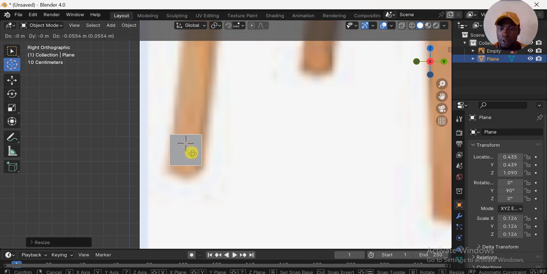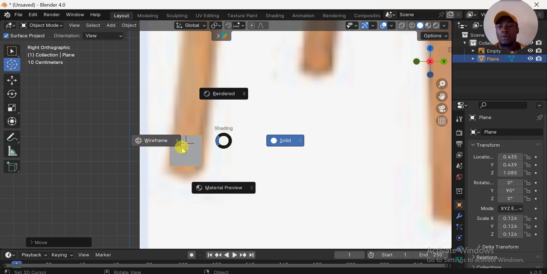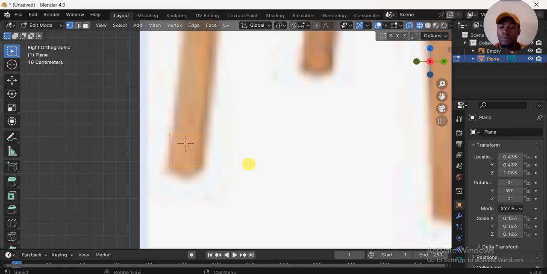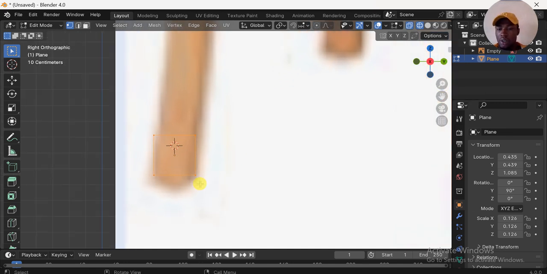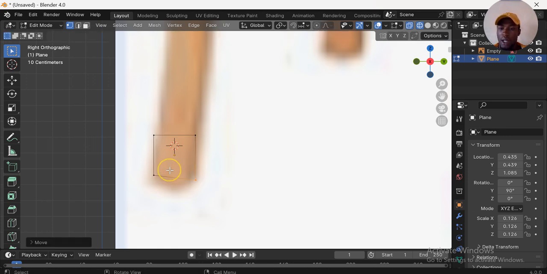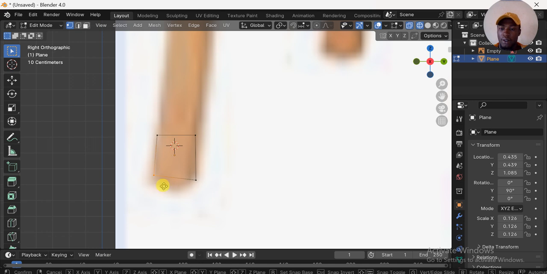So I'm going to place it correctly and I'm going to switch to wireframe mode. So now that we are in the wireframe section, I'm going to press Tab to go to edit mode. So right now we are in edit mode, as you can see. So I can copy each vertex and align it the way I want. So if I take this vertex, I can grab it and put it along